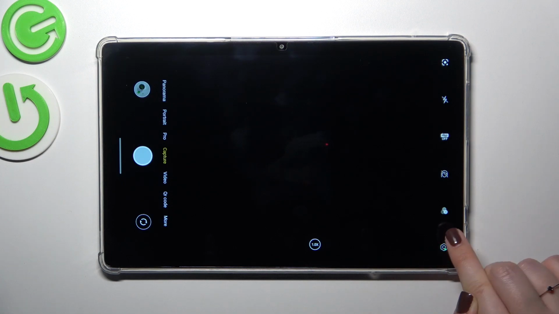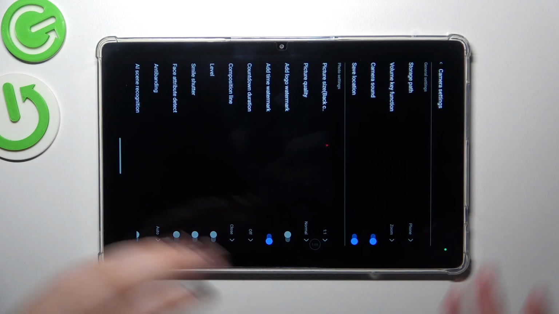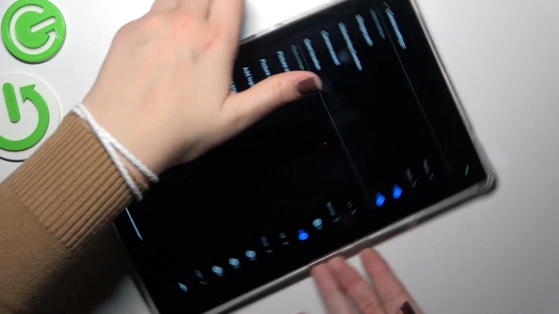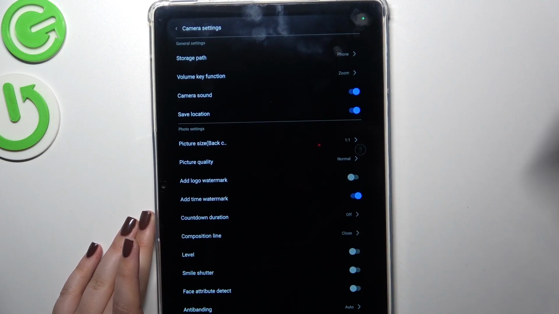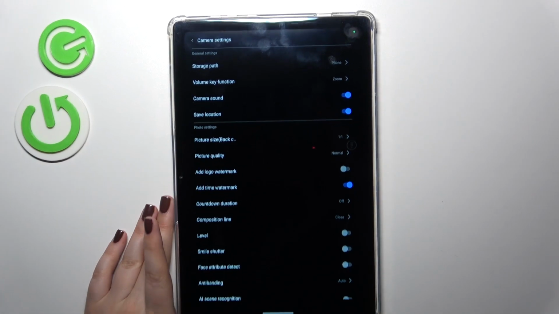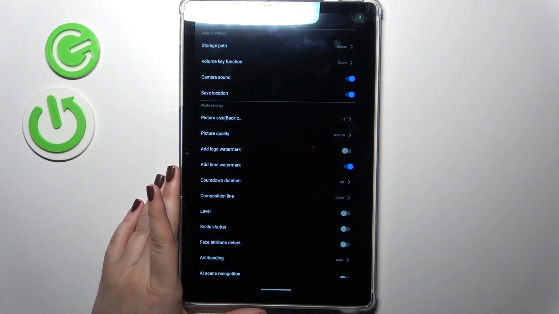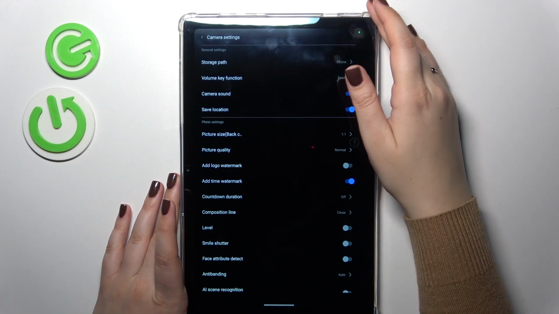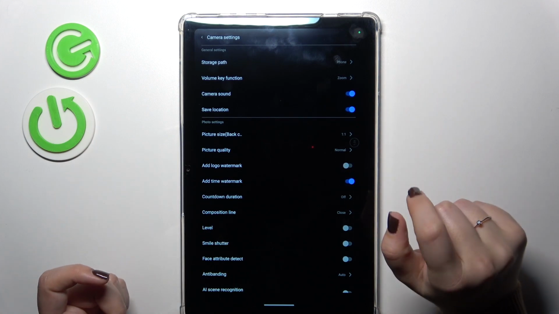Can we enter the settings? All right, unfortunately it will not change the orientation, so let me just change the position of the whole device so it will be much easier for you to follow my steps. All right. So here we've got the camera settings,